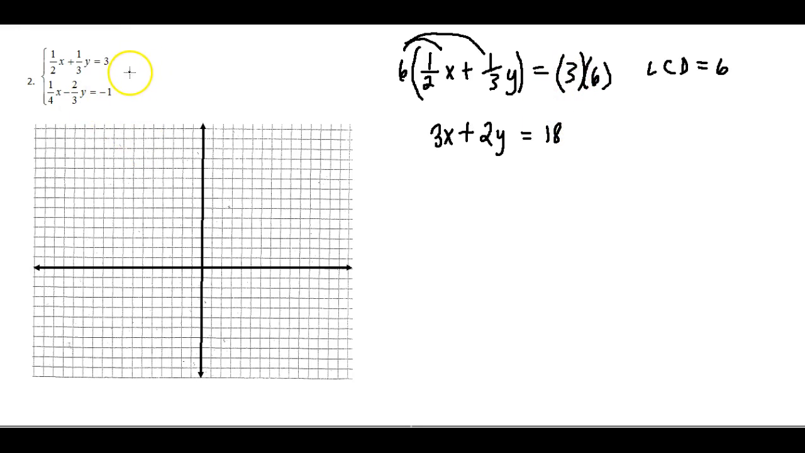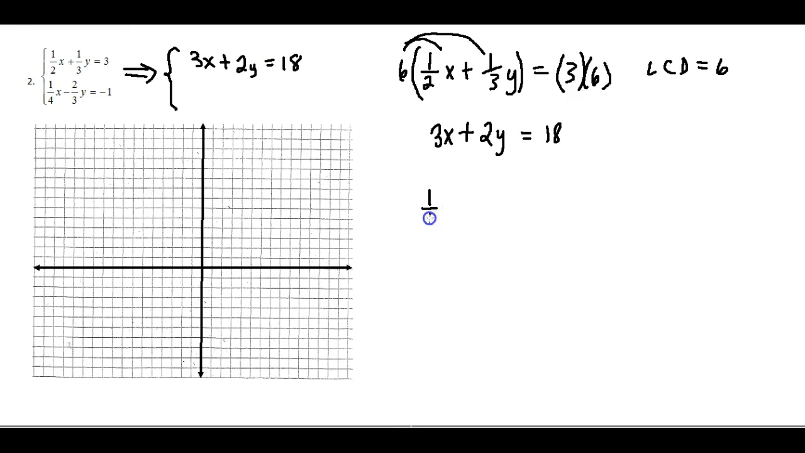So when we write this equivalent system here, instead of writing 1/2 x plus 1/3 y equals 3, we're going to write 3x plus 2y equals 18. All right, the next one that we're going to do is